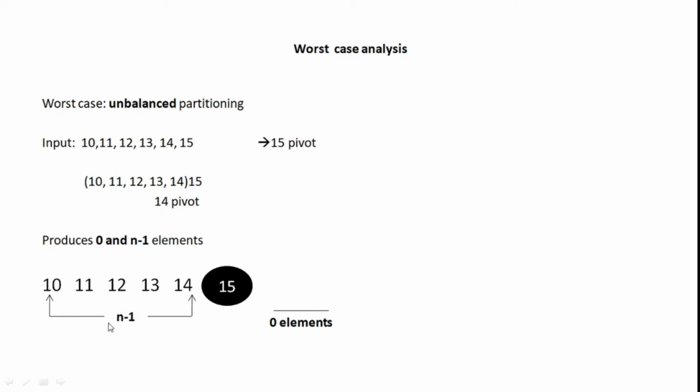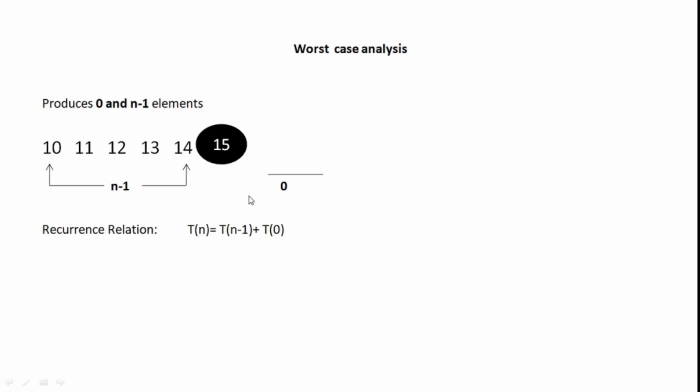So we are now left with two subproblems that we have to solve. This one we don't care about, because it is not going to take any time. The time taken to sort zero elements is always zero, so we don't consider it. Now we'll consider this one, because it will take some time to solve. It is going to take n minus 1 time. So this is the time complexity: to sort the zero elements we take no time, and to sort this part we take n minus 1.